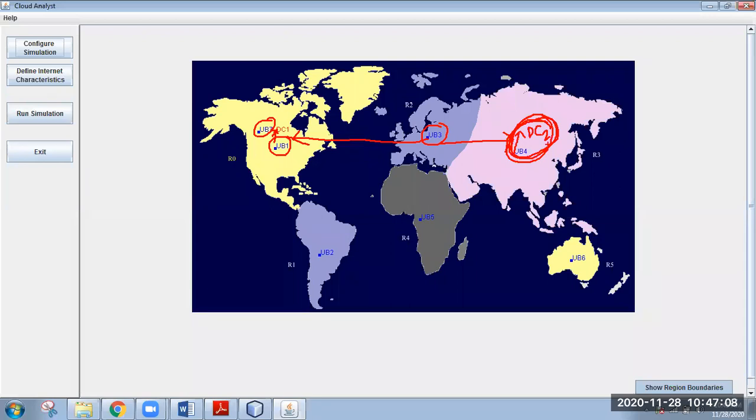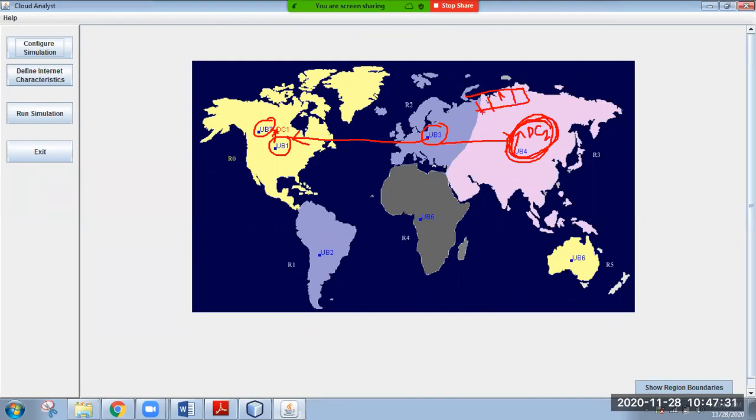DC2 is preoccupied by other user bases. Then what will happen? Your process will be queued in that data center, which leads to more response time. Or you can say poor response time. The response time is not good.